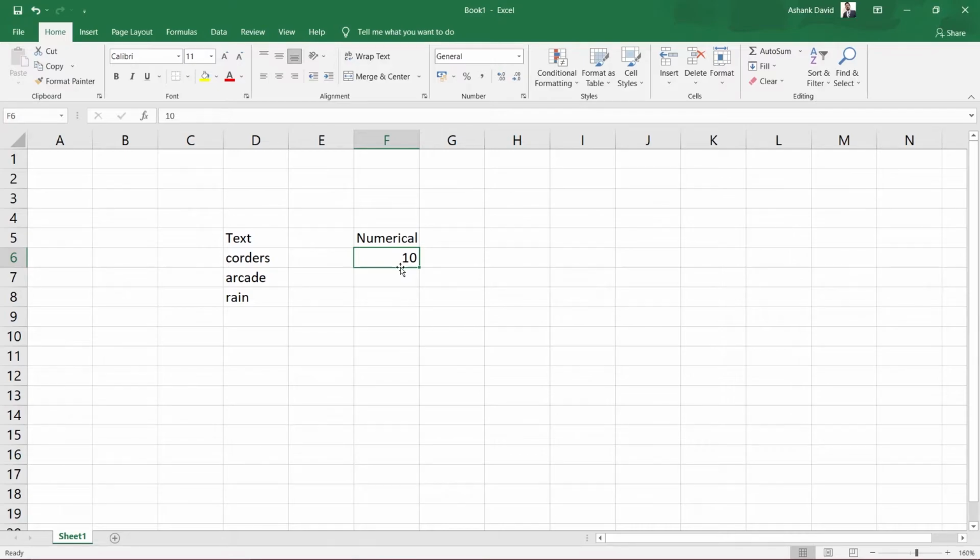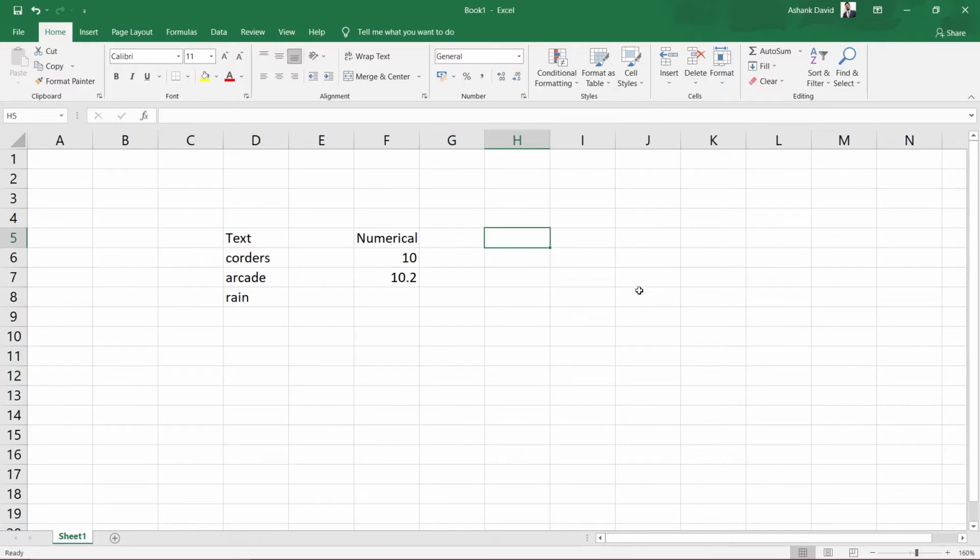So this way you will get to know that this data is numerical data, and Excel always aligns numerical data to the right hand side. Not only integer data, you can write any decimal data or any floating point data. All of these numerical data will be aligned to the right hand side inside a cell.